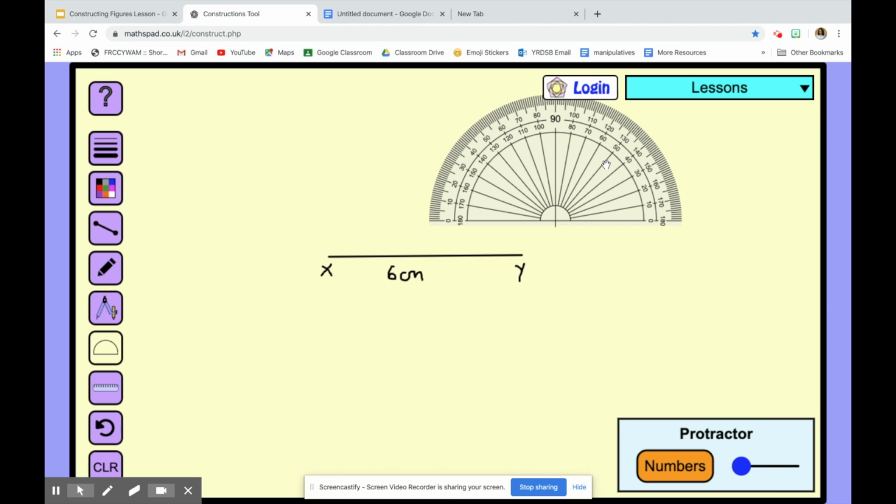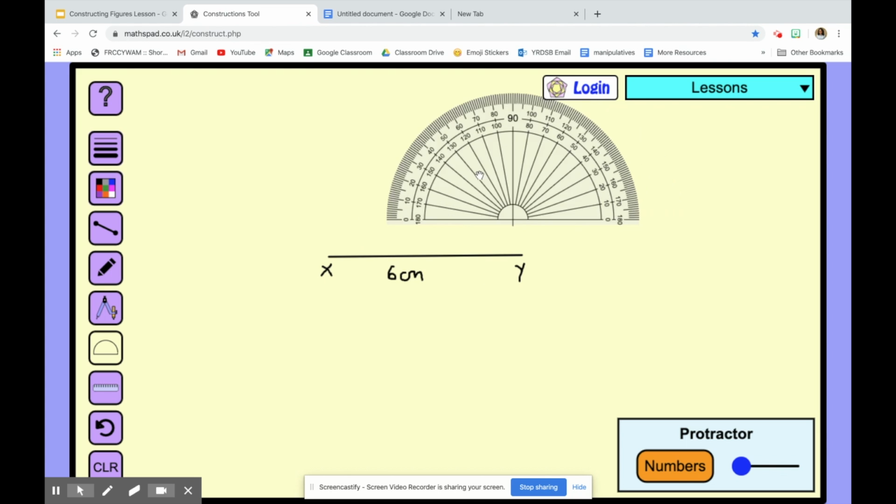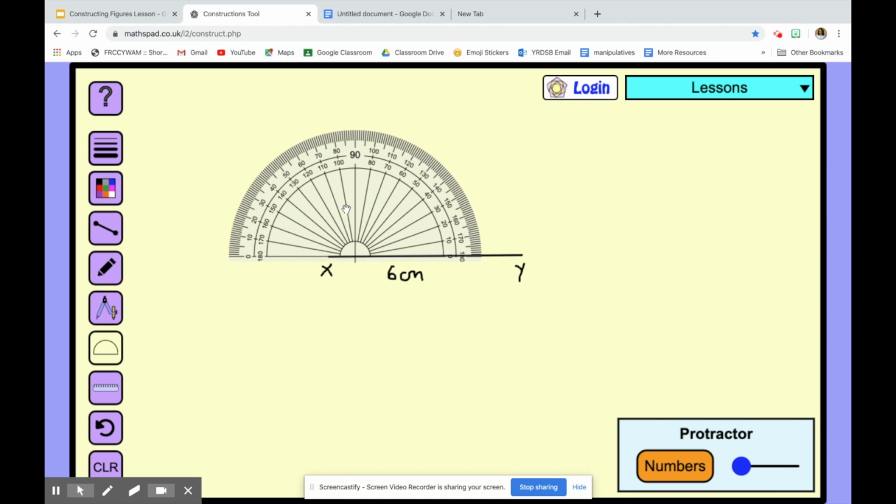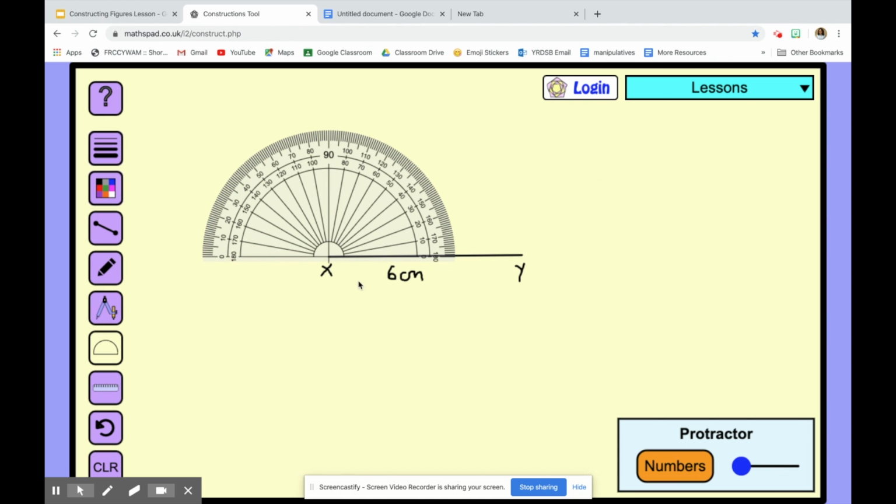YXZ. So that is this one here, YXZ. And it said that YXZ is 50 degrees. We can even just say angle X. Angle X is 50 degrees. So can we make an angle that is 50 degrees? Yes, we can. So I line up my protractor in the middle to the corner of X, and then I